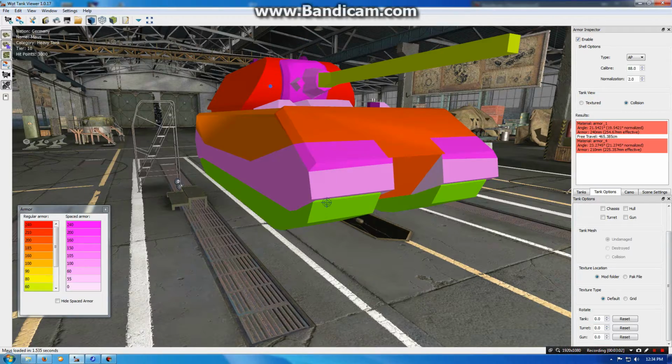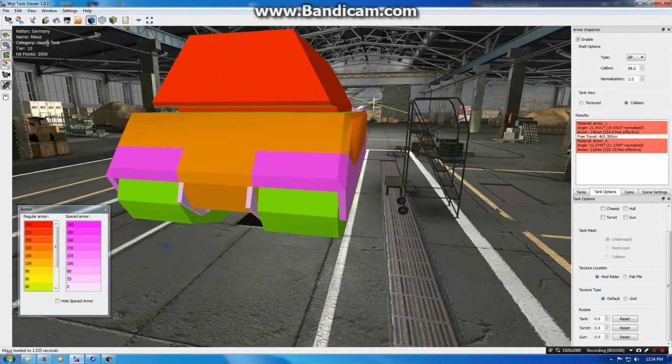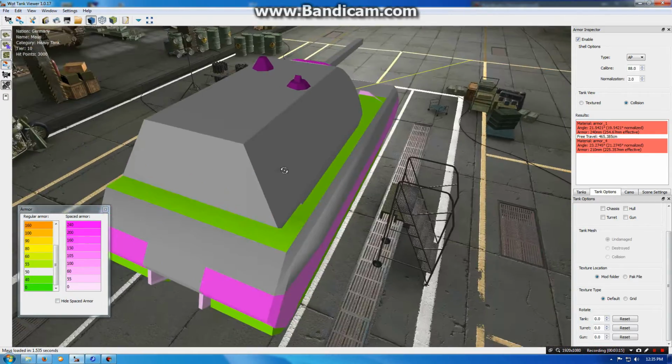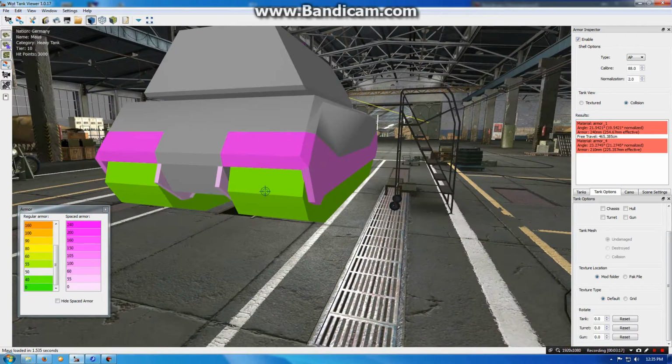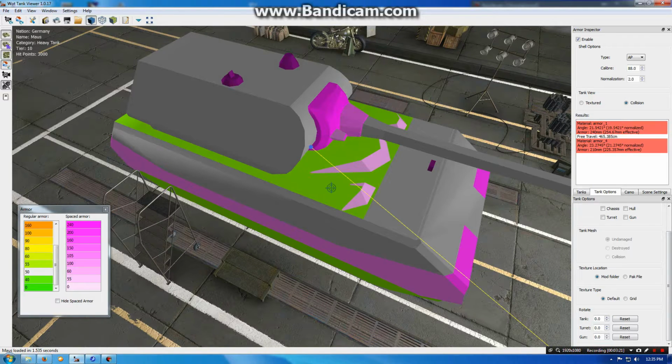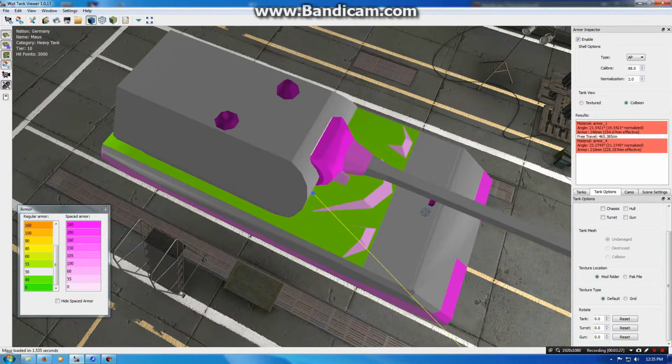And also trying to find weak points on this armor. Let's go down to, let's say, 50 points of armor. The only place you're going to find 50 points of armor is the treads and the roof, which means you're not going to be able to find too many places to get up above a mouse and shoot down on it. But